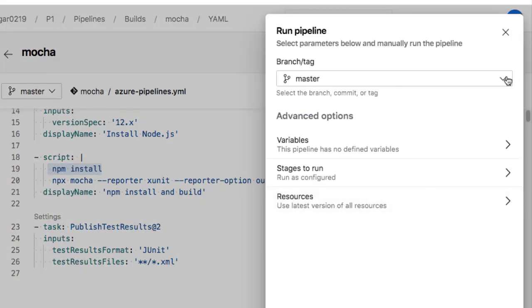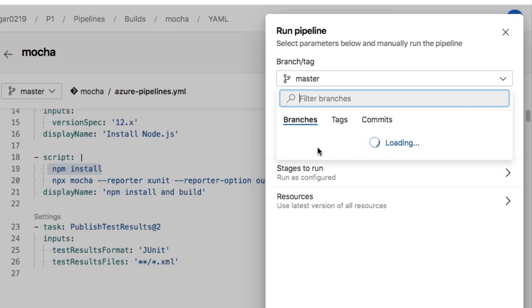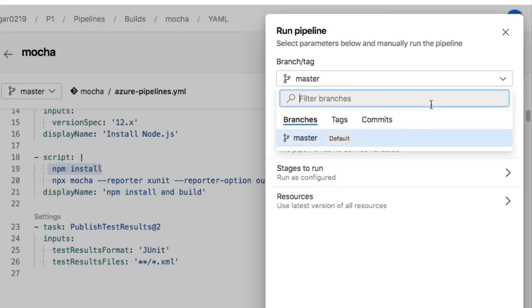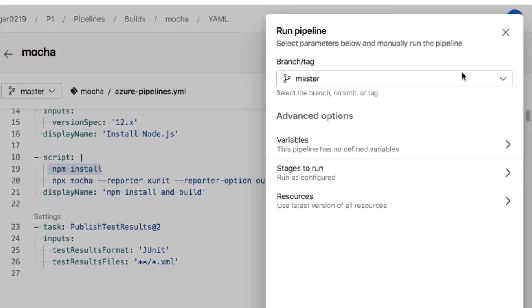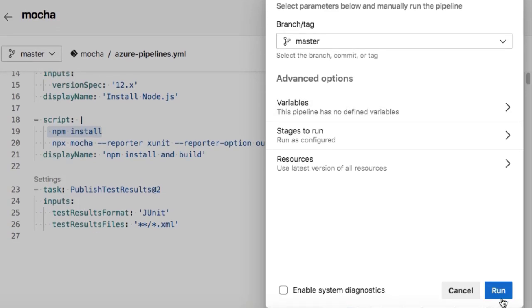Branch, you can also select the branch here. If you want to run these tests on a different branch, then you can select the branch from here, or you can also select the commit or tag as well. And this pipeline has no defined variables. You can set up the variables as well. For example, user ID, port, or anything, there could be any number of variables that you can use in your pipeline using this variable section. Right now I don't need that, so I'm just going to click on run,